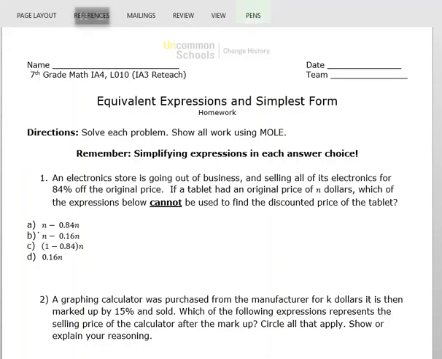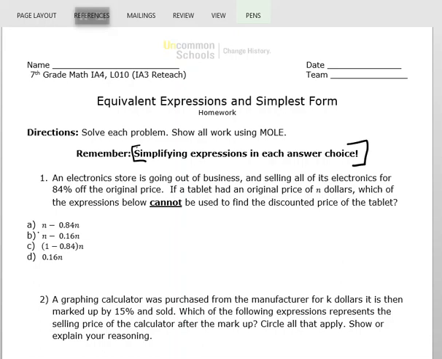So let's start here. Our directions are to solve each problem and show work using MOL, as always. And then remember simplifying expressions in each answer choice. Okay, so this is really important for me to note, is that in each of my answer choices, I'm really going to check to see if it's the correct answer choice, because we will have more than one answer choice